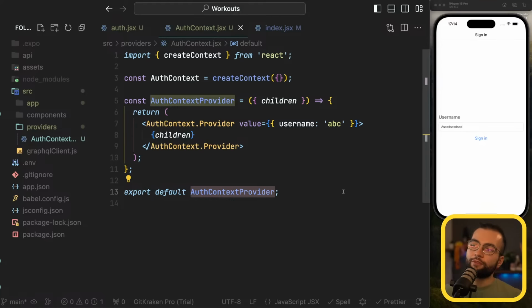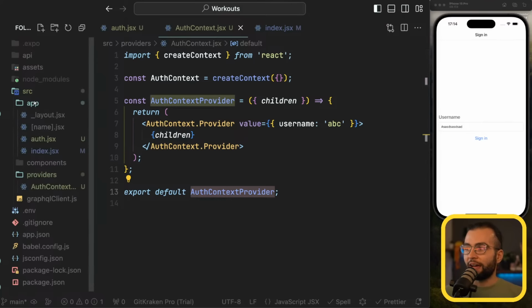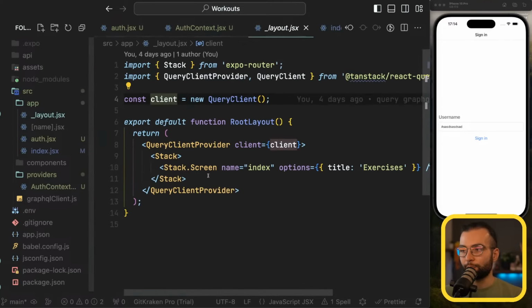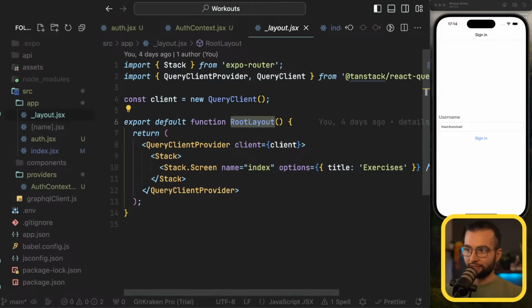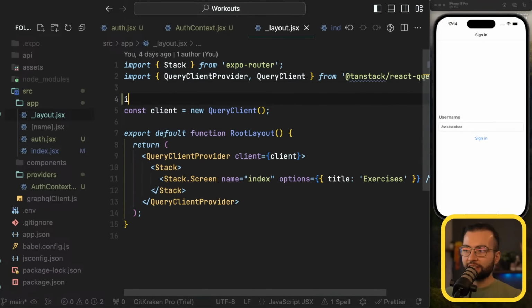As I said, we need access to the username in most of the screens, or let's say in all screens in our application. That means that this is a global context provider. Global context providers, I mentioned previously, should be declared and specified inside our root layout. So let's open up _layout. And the same way as we are rendering the query client provider here, we're going to render the AuthContextProvider. So first, let's import it